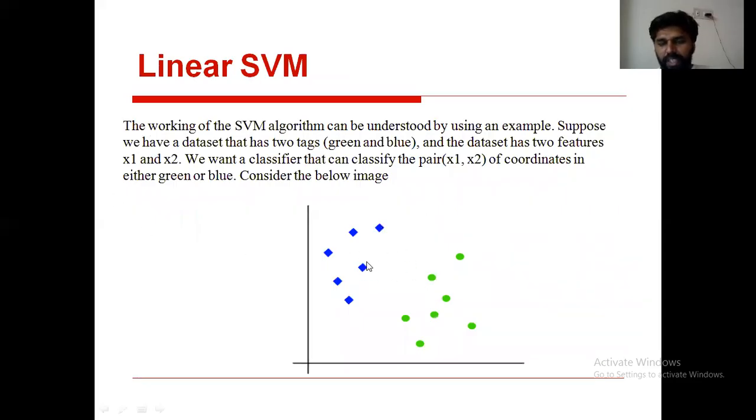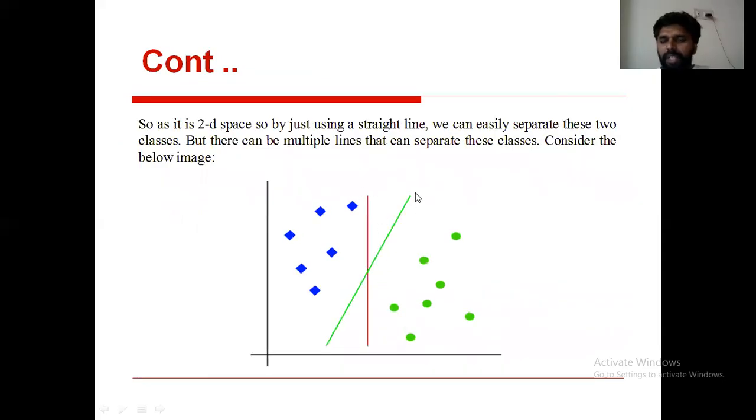These are the instances on the instance space, and they are separated by using straight lines. Such data is treated as linearly separable data. The support vector machines that handle linearly separable data are treated as linear support vector machines.